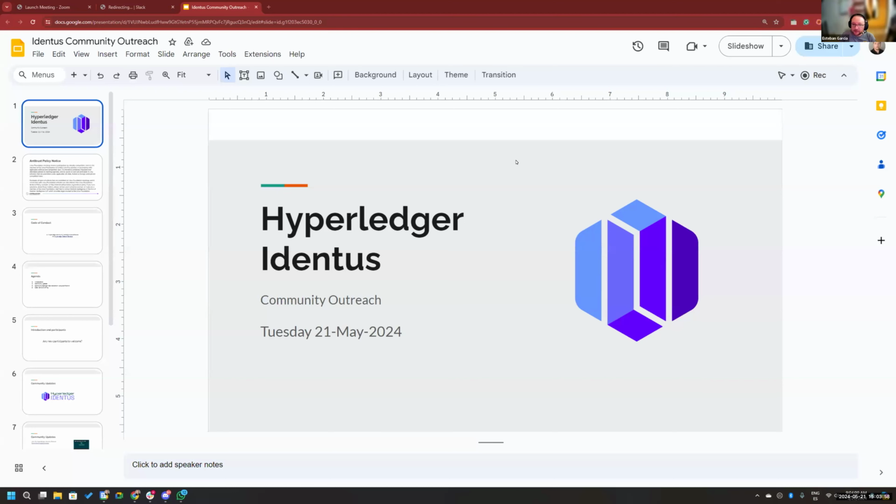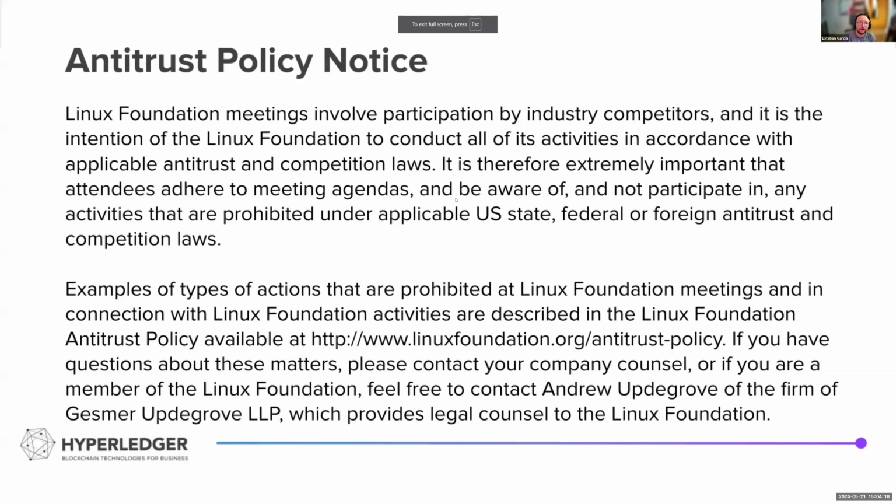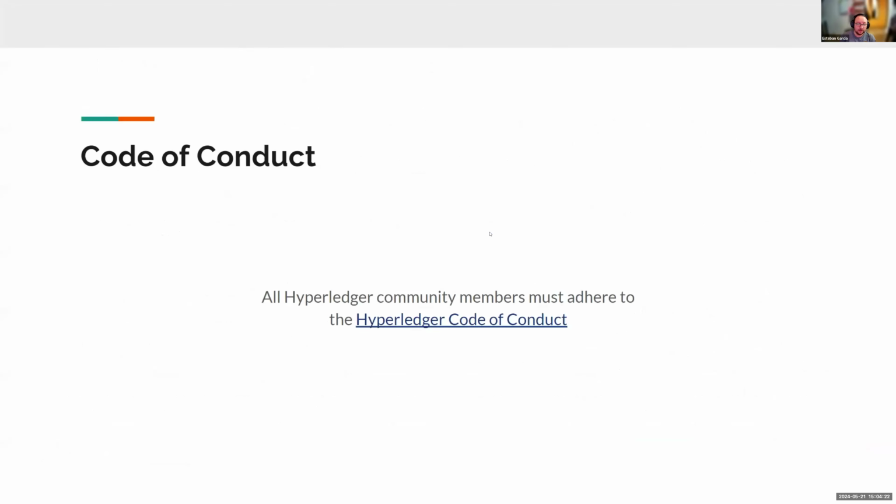So let's get started in today's Hyperledger Identus outreach call. As you can see, there is something different in today's initial slide, so we will talk about that. As usual, remember the antitrust policy notice and to adhere to the Hyperledger code of conduct